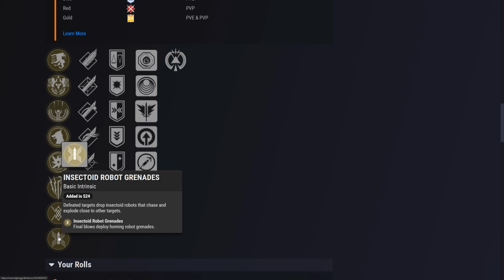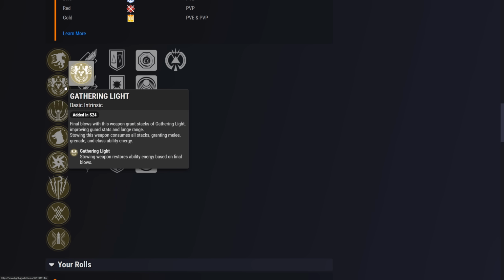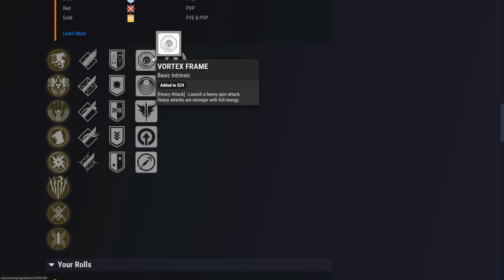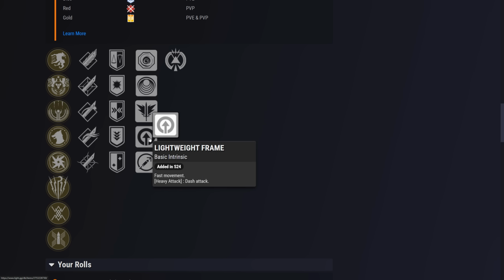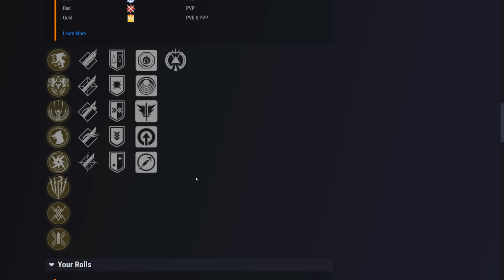And along with the 8 different exotic perks, there's also 5 different frames you can get on this sword. So we have Vortex Frame, then we have Caster Frame, we have a new one, Wave Sword Frame, then we have Lightweight Frame, and finally the Aggressive Frame. And that's the one I got on my sword. So I kind of got lucky, and I think I got maybe the best DPS combo. I'm not sure. Just reading what all the perks do, I think the one I got might be the best